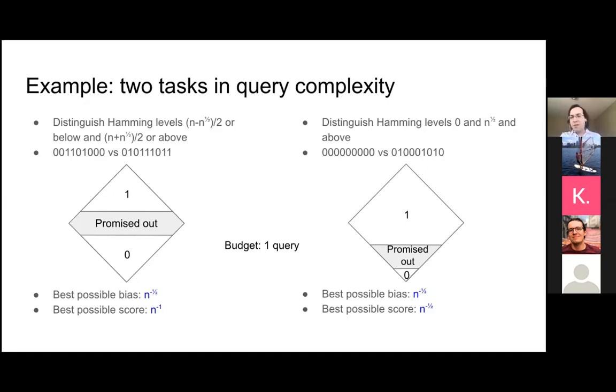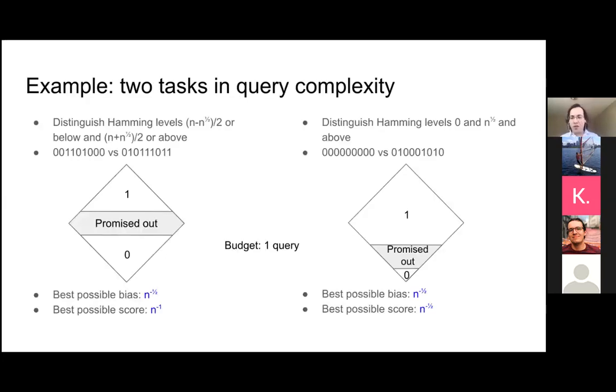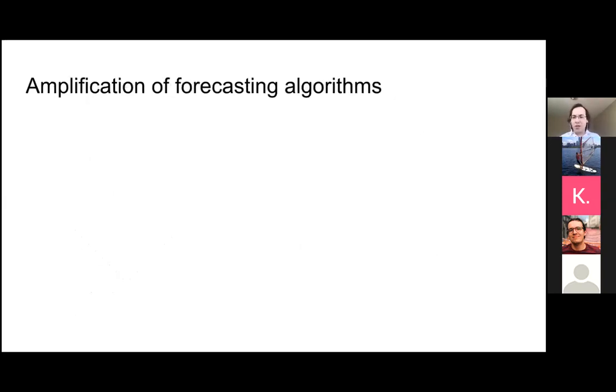Whereas on the left, it might express very weak confidence in the answer. But a regular algorithm that only outputs a prediction 0 or 1 instead of a probabilistic prediction doesn't have any room to express uncertainty. It can't say, oh, this time I'm certain, this time I'm not certain. And for this reason, the intuition here is that the scoring rule gave you a more fine-grained analysis of the success of the randomized algorithm. The bias was missing something. And it turns out forecasting algorithms can be amplified.